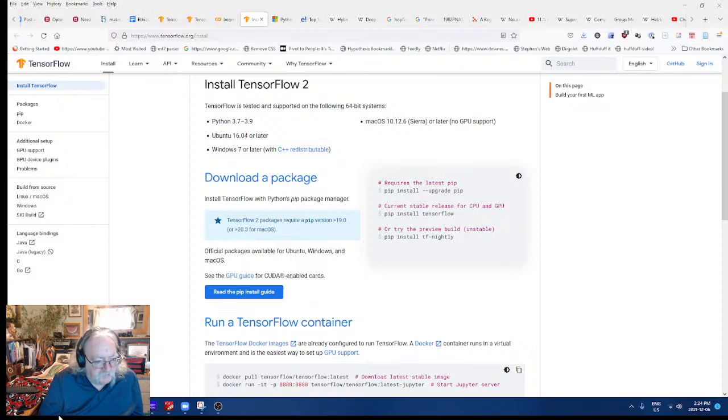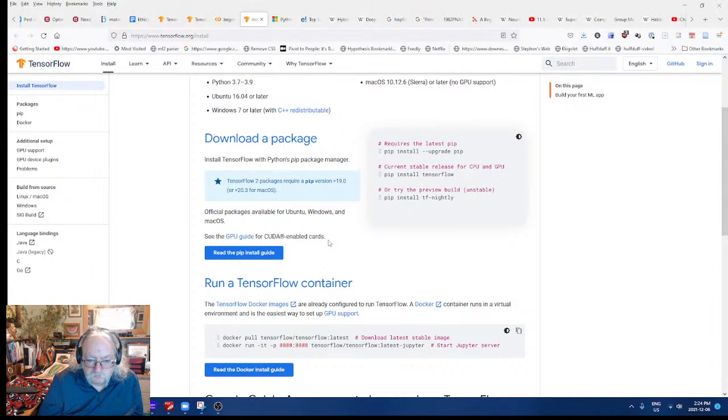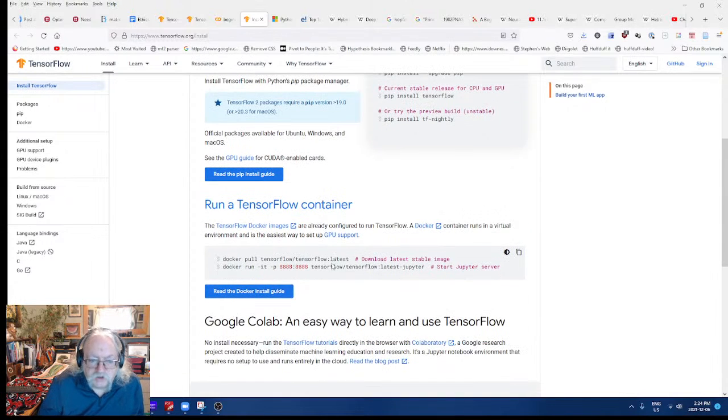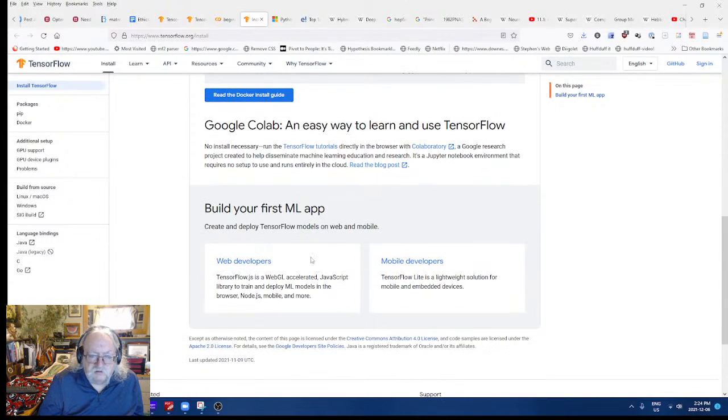Read the pip install guide. Oh, let's open up this again. Or I could just run it. Oh, it's a Jupyter server. Okay. So, okay, we could run a TensorFlow container. We could run in Colab.